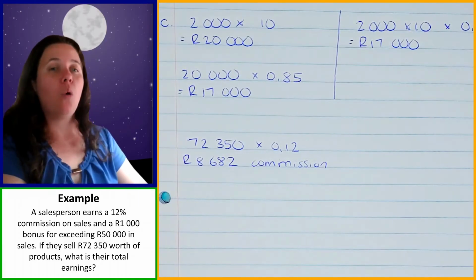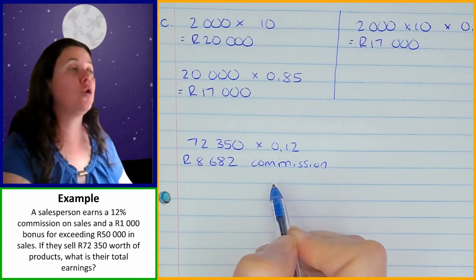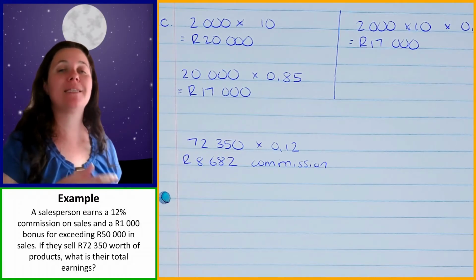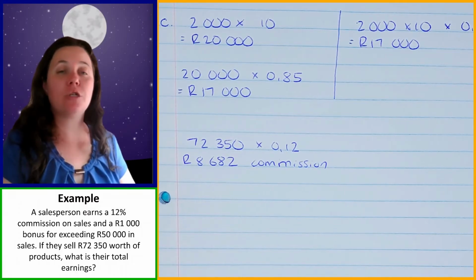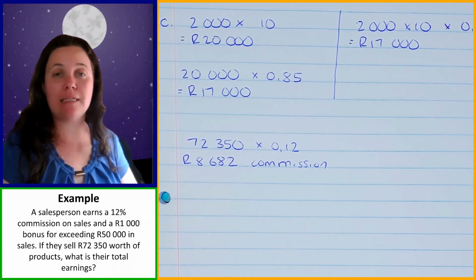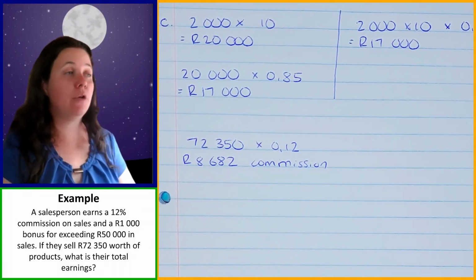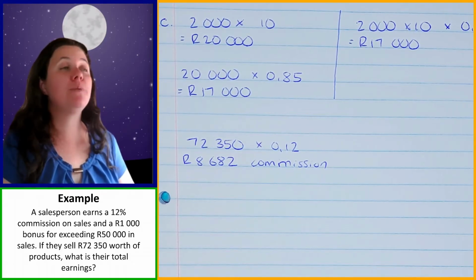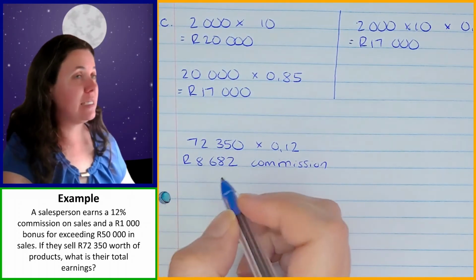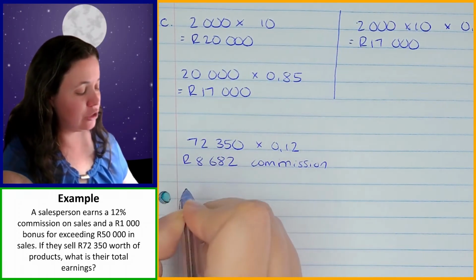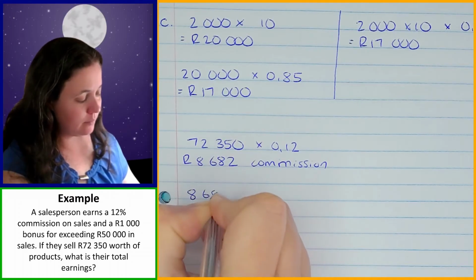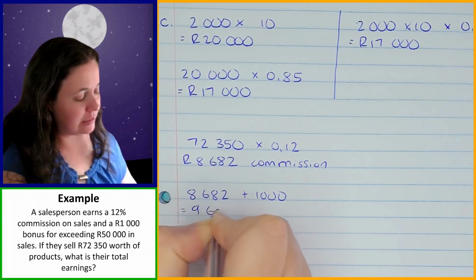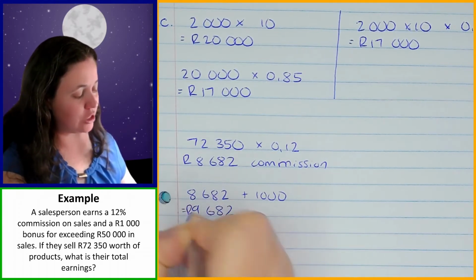Okay. Once you know how much commission they made, you can then go and work out the total earnings by taking the commission and adding on the bonus if necessary. So in this case, the bonus is only for if they exceed 50,000 Rand in sales. Now they did exceed 50,000 because they made 72,350 Rand in sales, which is more than 50,000. So we're going to be adding on that bonus. So the bonus is 1,000. So we're going to take the 8,682 and we're going to add that 1,000, and that's going to give us 9,682 Rand. So that's the total amount